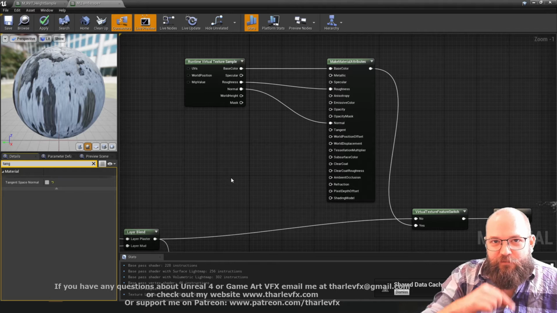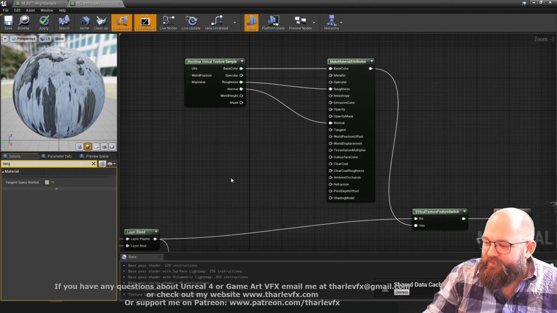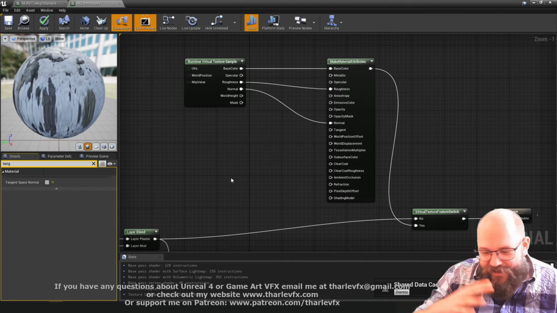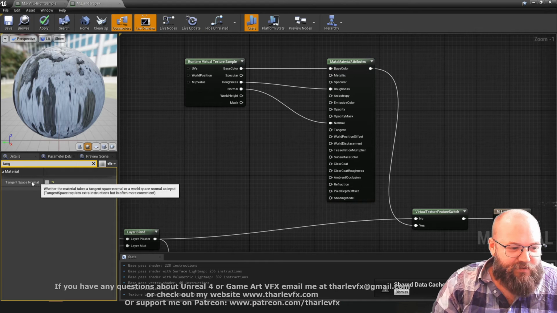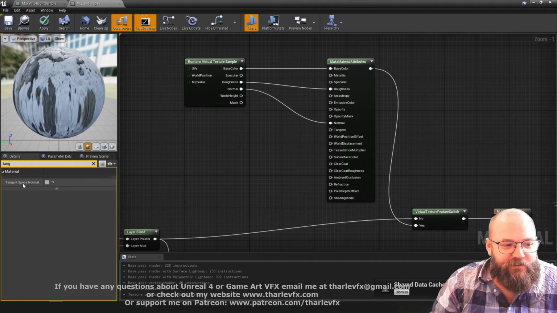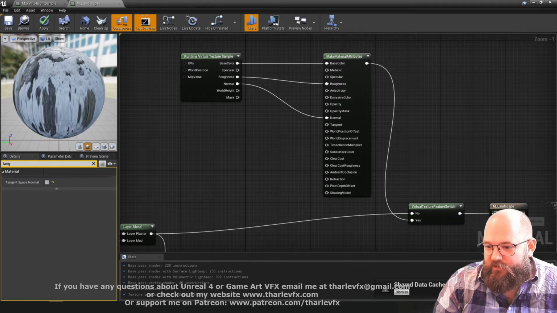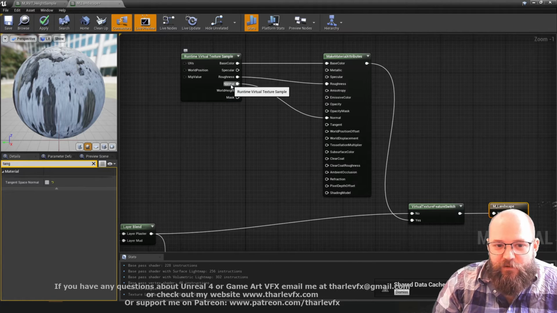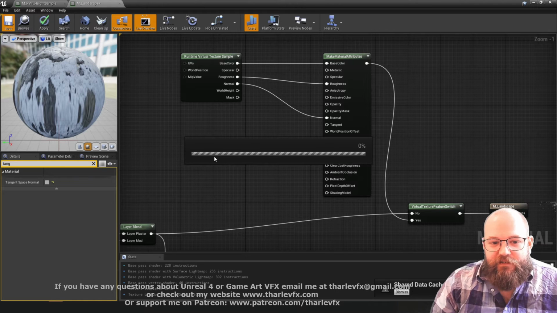Rather than converting from world to tangent, tangent to world, and then world to tangent again, back to world, it's unnecessary calculations that we don't need to do. So by having this set as disabled in tangent space normal, this is now looking for a world space normal in the output, and that's what we have here is a world space normal. And so if we apply this, that will give us,